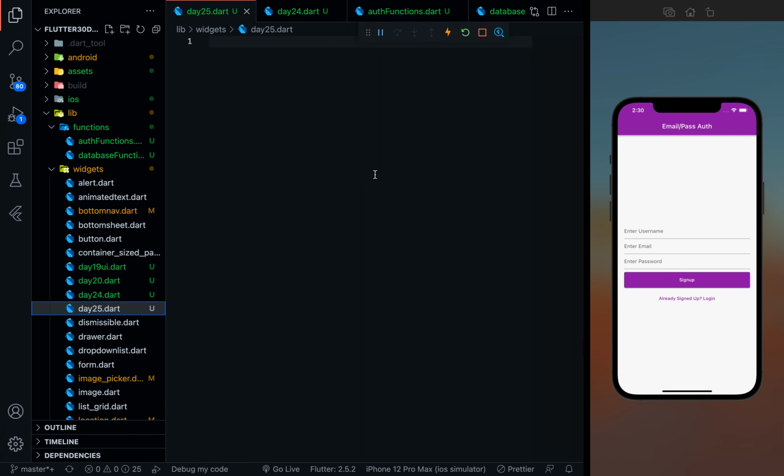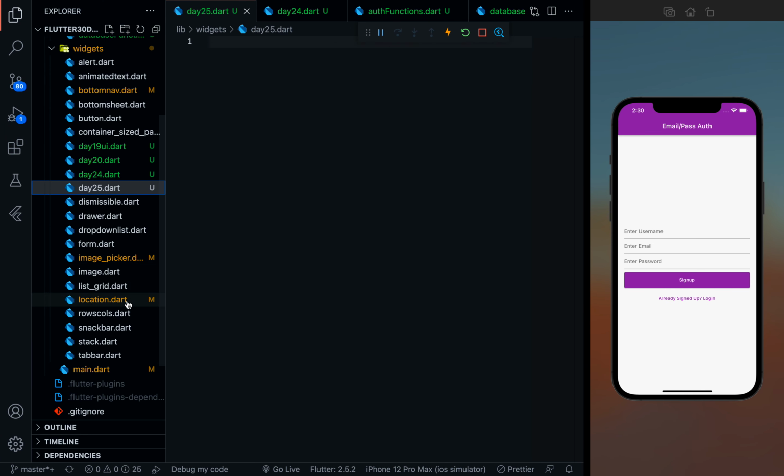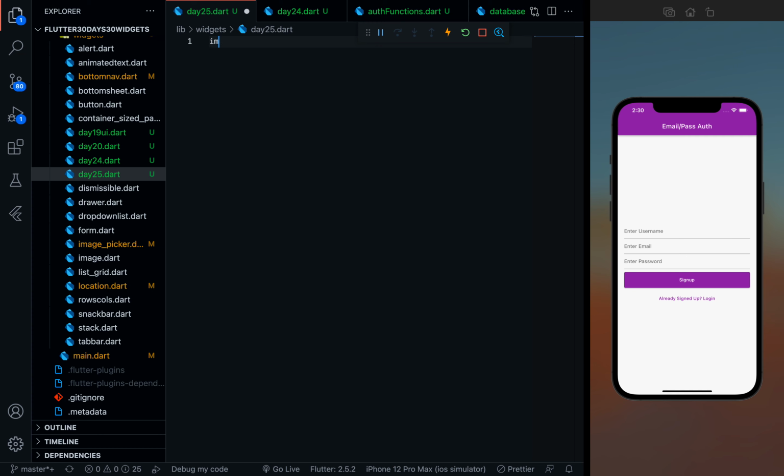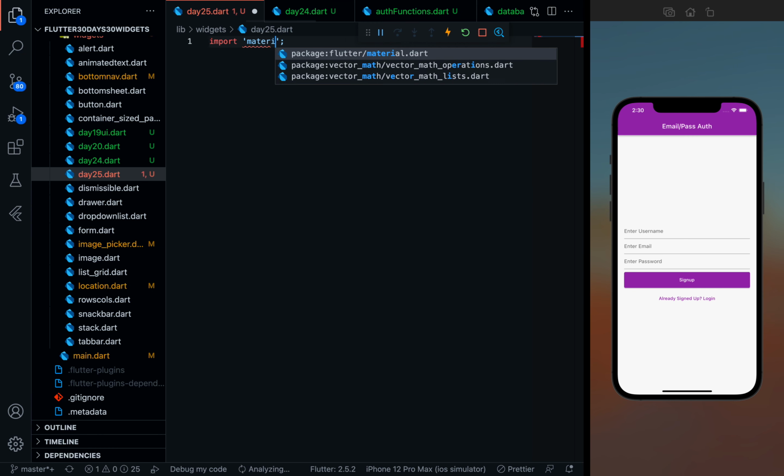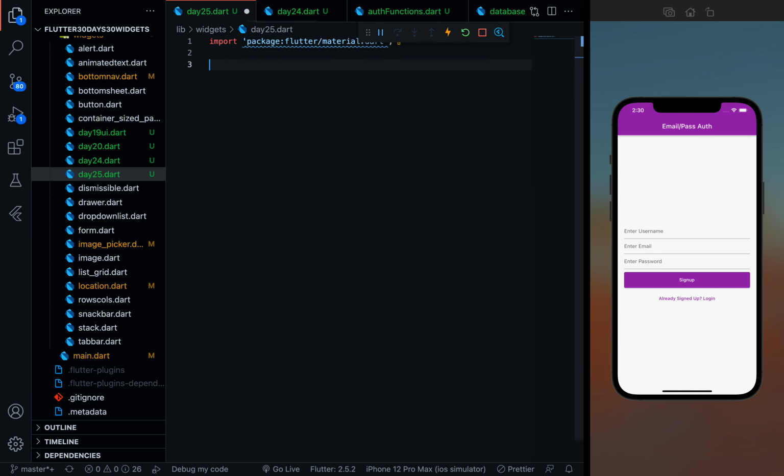Let's first, yes, so I'm in my day25.dart. Let's first of all import material.dart, and let's create a simple widget called database options.